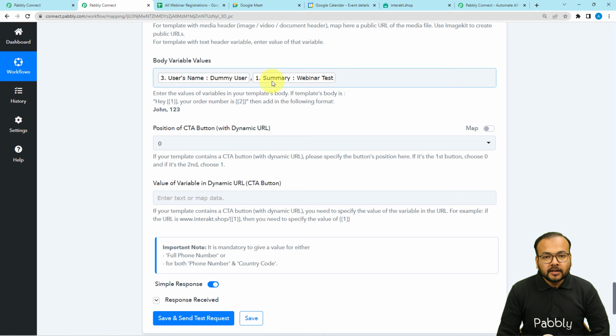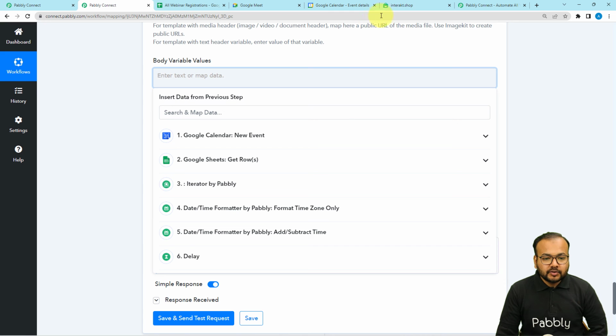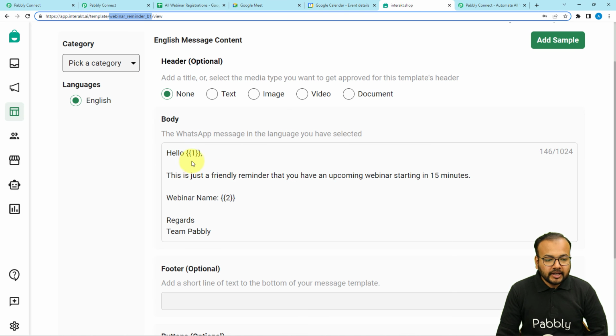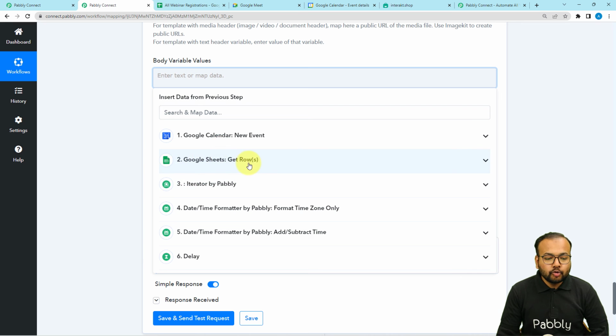form. Okay. So here I have mapped the name and the name of the webinar from the spreadsheet that I have here and the Google Calendar step. Let me show you how I mapped it. So guys, first body field is for the name of the person to whom we are sending this message. To map the name, use Google Sheet, sorry, not Google Sheet, use iterator step because iterator is going to segregate